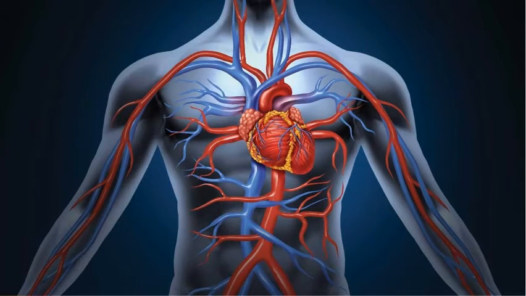Students, when the heart contracts, the blood gushes out from the heart, isn't it? And with every contraction, it is pushed further and further. Dear students, here you can see the red colored and the blue colored blood vessels, isn't it? Red colored blood vessels are called arteries. When the heart contracts, the blood from the heart gushes into the arteries, that means the red colored blood vessels, and it spreads throughout the body.